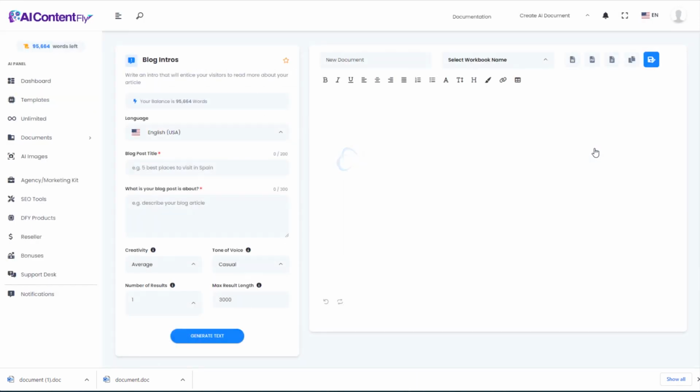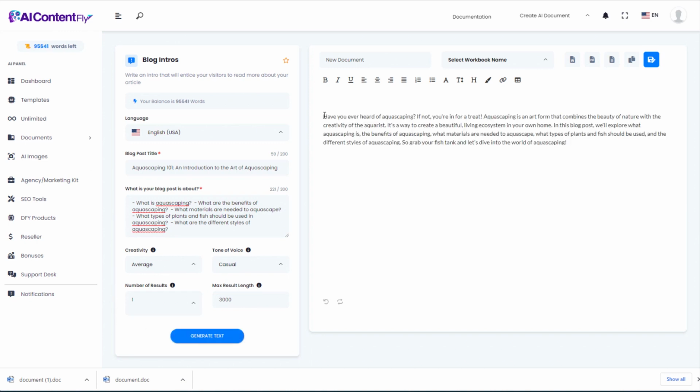Next, we have blog intros. And I'm going to use these same results that we used in the previous template just by copying and pasting again what AI Contentfly already gave us. We'll just leave it at average and casual. I'll just kind of leave the default settings for most of these demos just so you can see sort of an average demo. And it created a great blog post or even an article intro for us